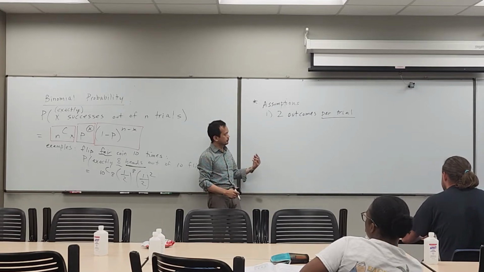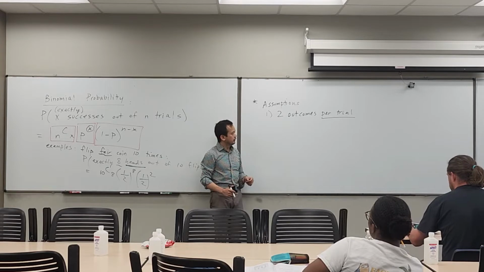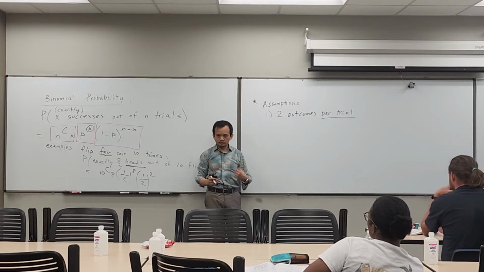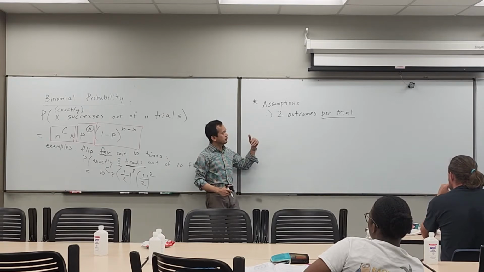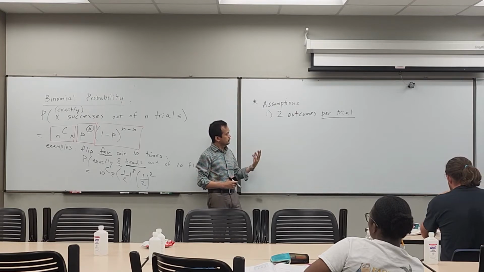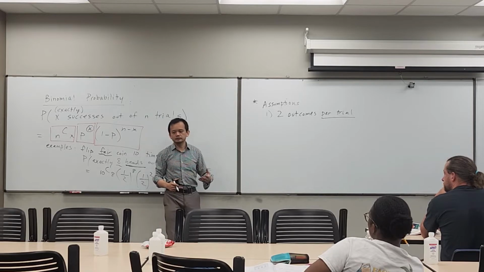non-success. So for example, we talked about how if you roll a fair die, normally there would be 6 outcomes, 6 faces that the die could land on. So there's 6 outcomes there, but if I were to ask you what's the probability that you roll it 10 times and you observe